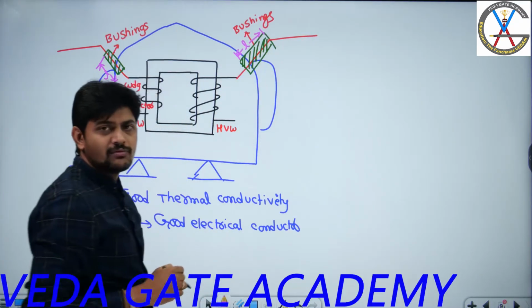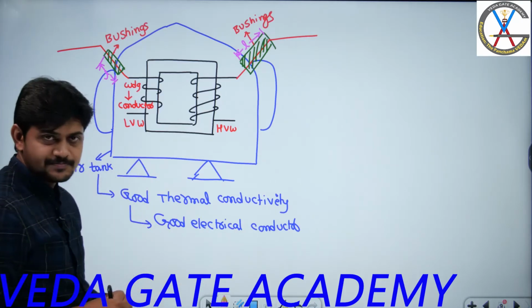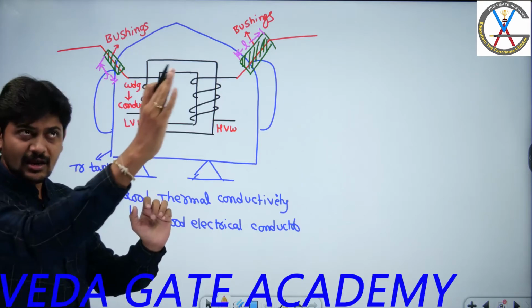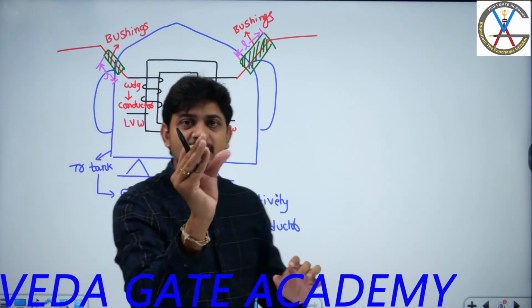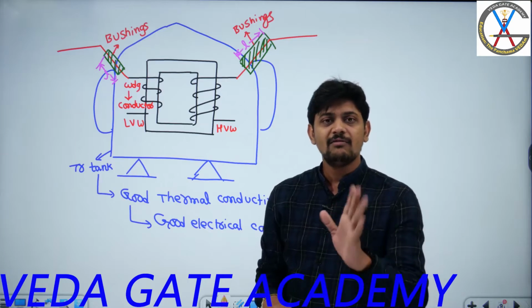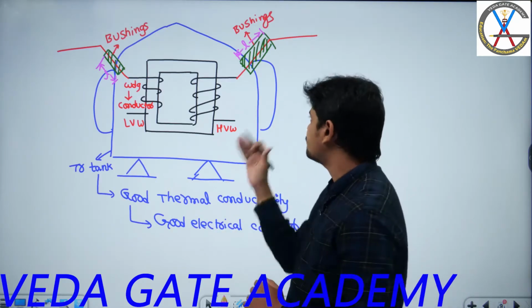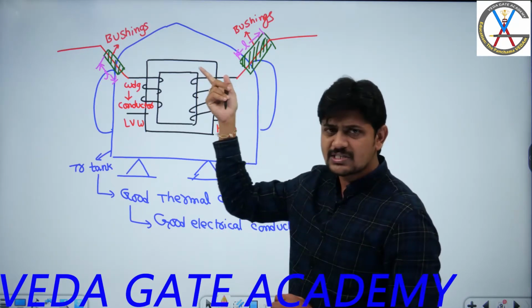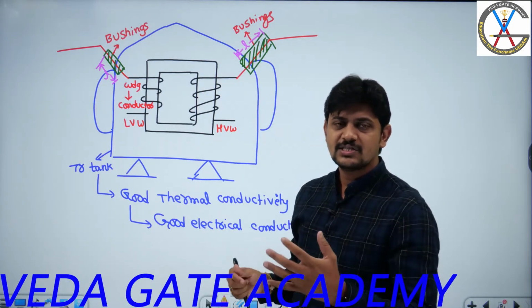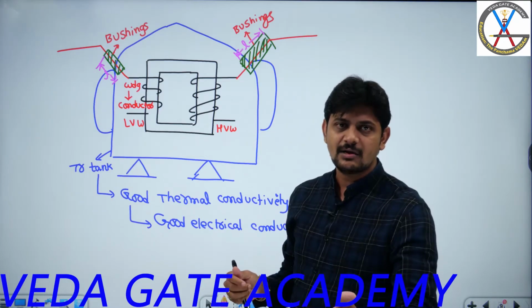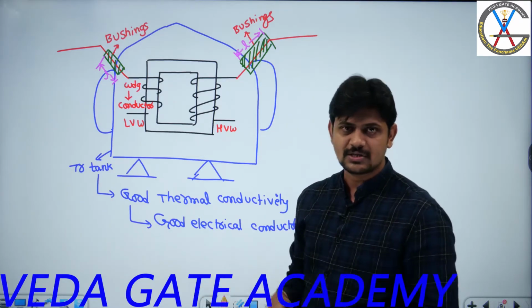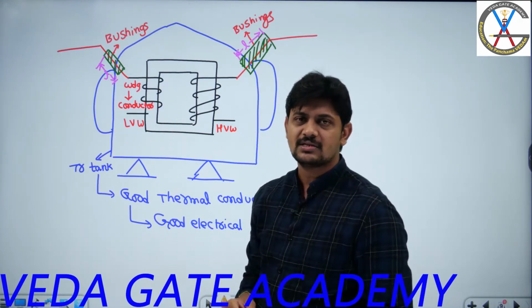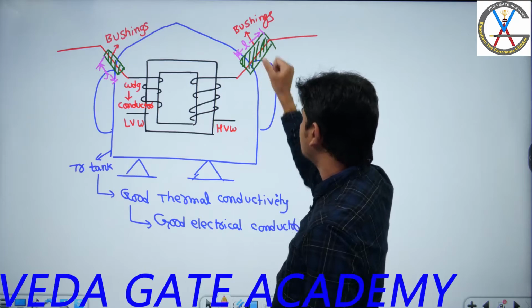So the conclusion from this discussion is that I can say which is HV and which is LV by seeing the bushing lengths of the installed transformer outside. For LV winding, the bushing length or size will be less, whereas for HV winding, it will be more, because bushings are nothing but insulators. The insulator rating or capacity or size is decided based on the impressed voltage, as we have discussed. For LV winding the impressed voltage is less, so you can use a smaller bushing, whereas for HV winding it will be more.